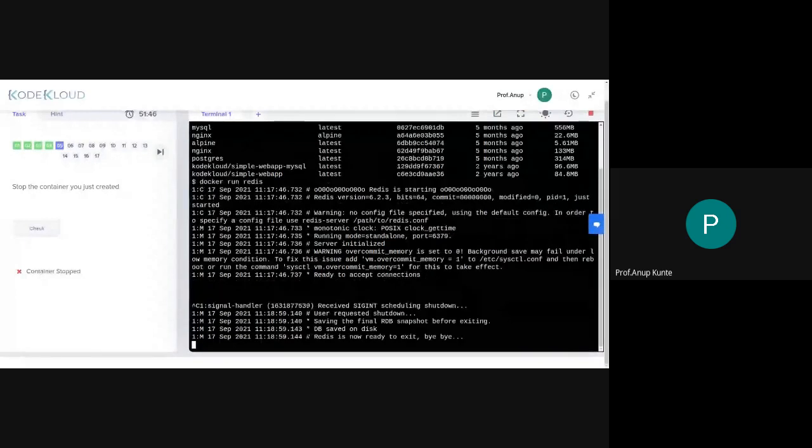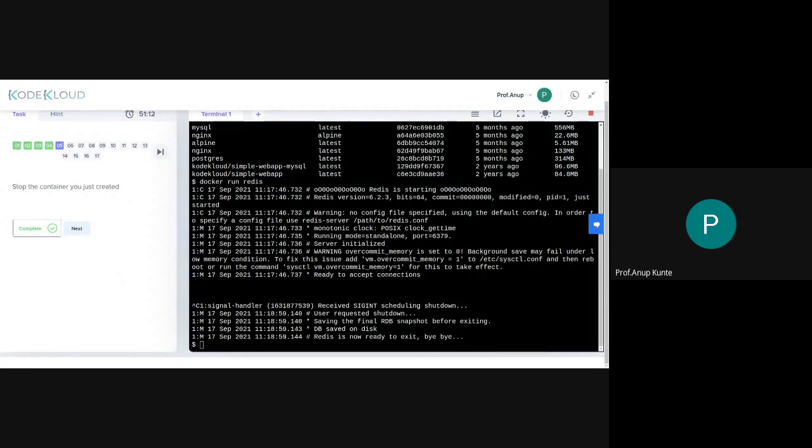So to stop the container yourself, you need to press Control C. Any process that is running on a terminal, how do you stop it? Using Control C. Same thing I did. The web interface was not stopping by itself, so I forced it to kill that process using Control C. Okay, so I'll just check. Yeah, that was the thing. So what we need to do here is press Control C so that the current process which is running, the Redis container, stops executing.